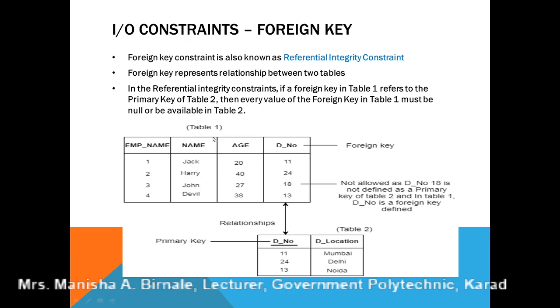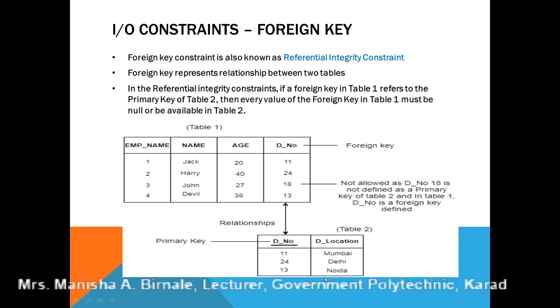If on delete cascade is not specified, then suppose the user is trying to delete a record from the parent table where department number is 13, but that department number 13 is